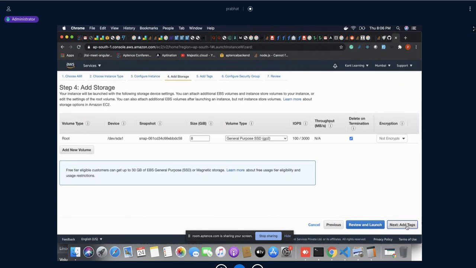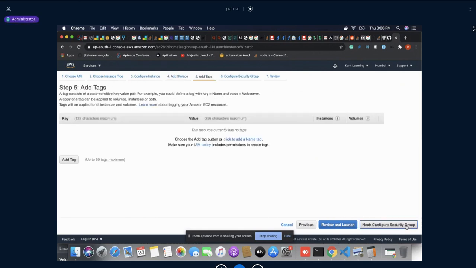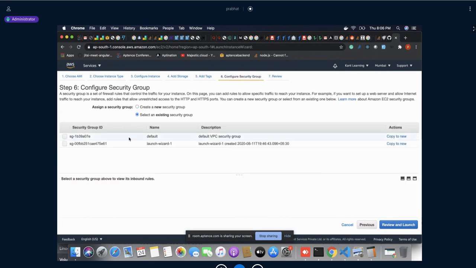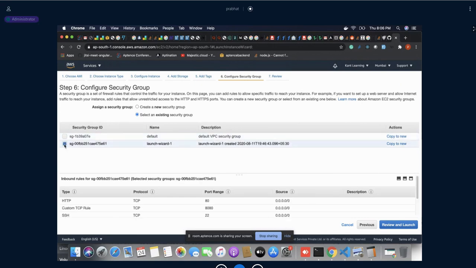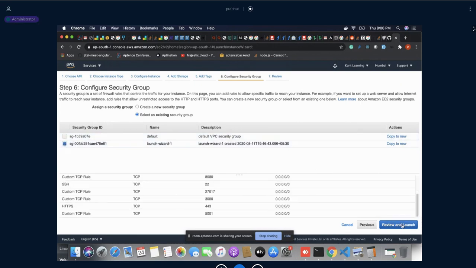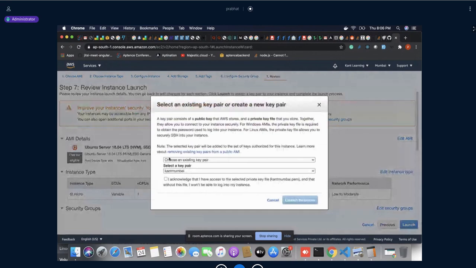It would be sufficient. Security group, I'll be using an existing one. I think this one would be fine. Perfect. After that, I'll launch an EC2 instance. Kent Learning, Mumbai, fine.